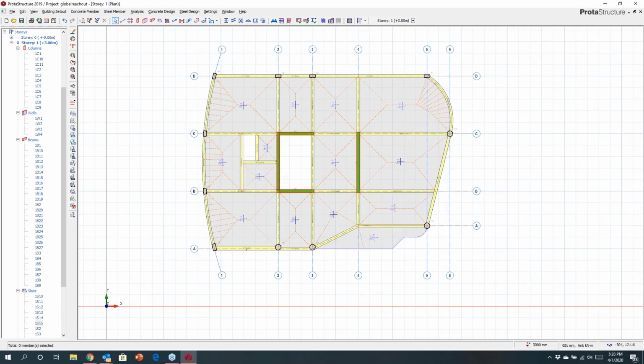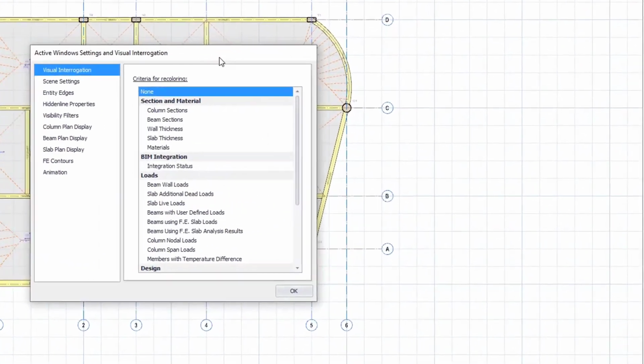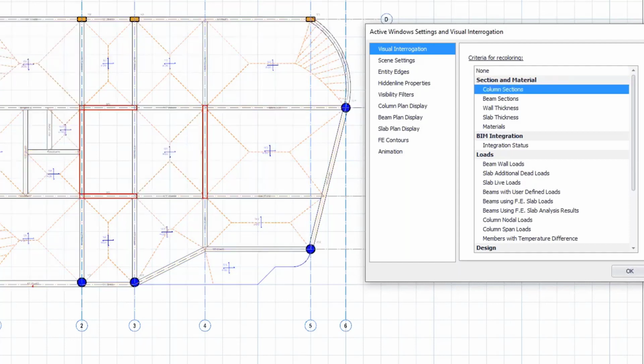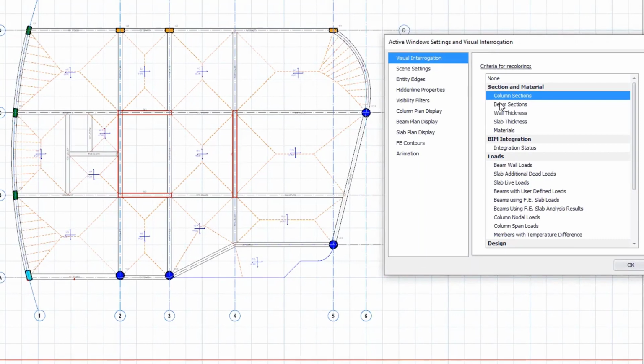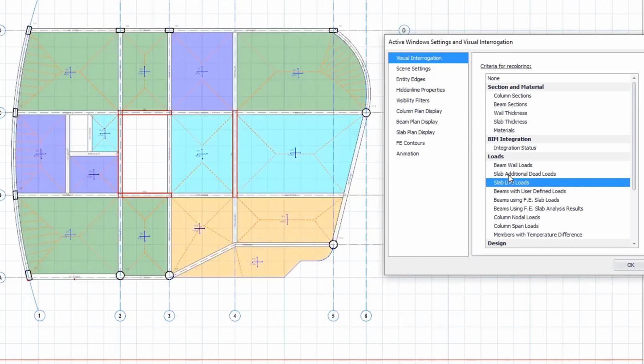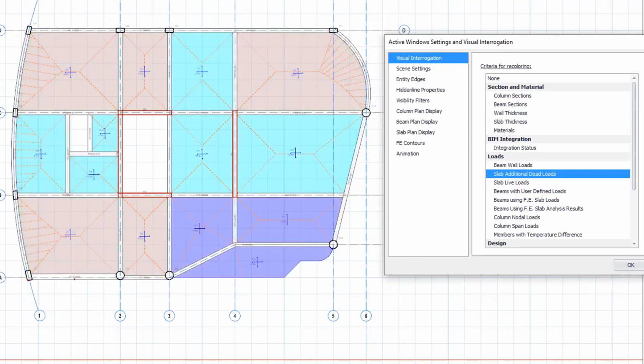Now, before I get too far in the project, I might just want to come and check things. So I'm just going to come in, and to do this, I'm going to look at the visual interrogator. That's just available in the tree here. If I just want to quickly check, okay, what column sections have I used in the model? Maybe what beam sections I've employed. Maybe I'd like to see what my live loading is, or perhaps my dead loads. So all of this you can easily interrogate from the model, and you can just check things before you get